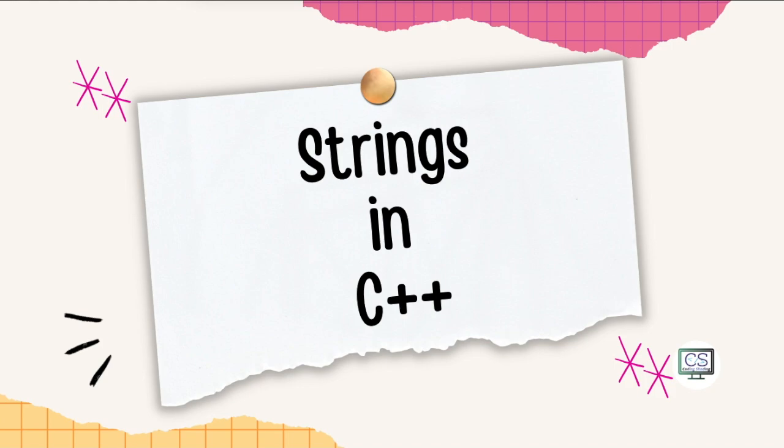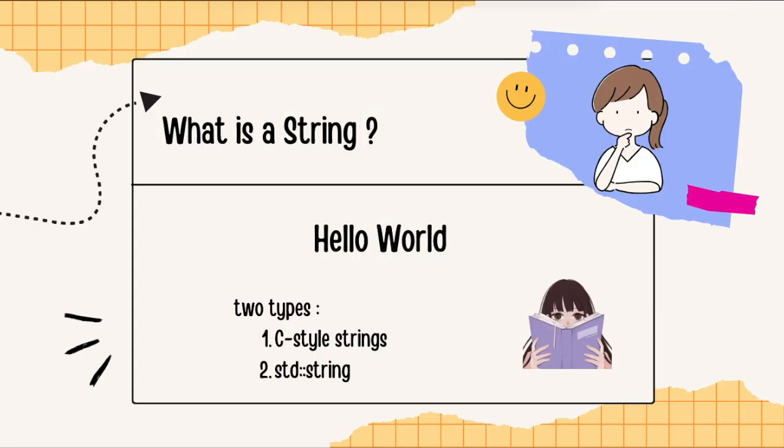Welcome back. In this lesson, we'll learn about strings in C++, which allow us to work with text like names, messages, or any sequence of characters. A string is a sequence of characters. In C++, we can use two types of strings: C-style strings, which are arrays of characters, and std::string, which is